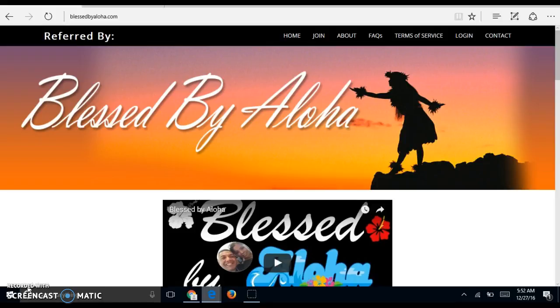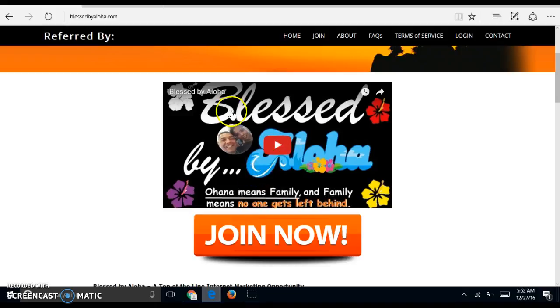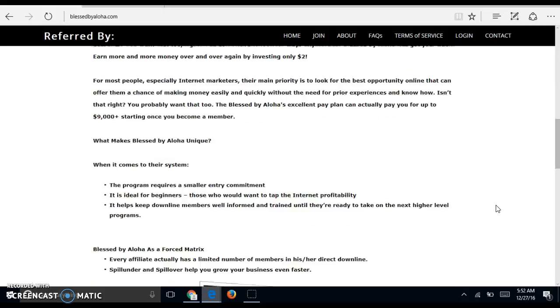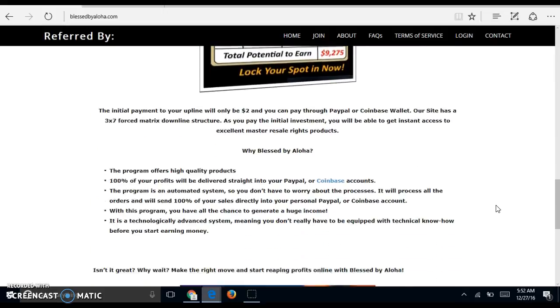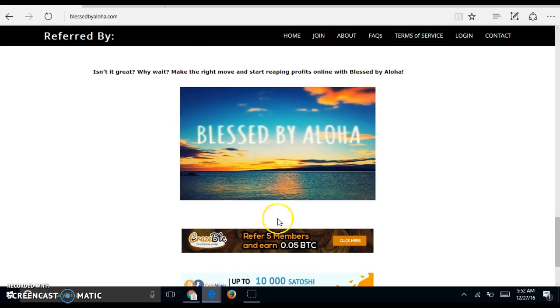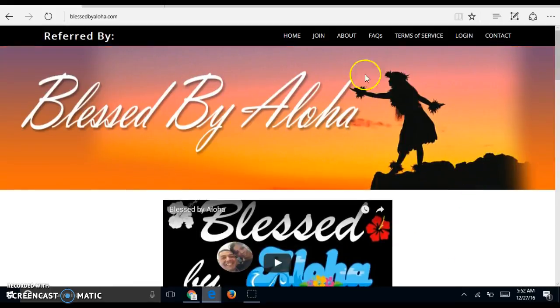The system that we're going to talk about today is called Blessed by Aloha. Here you'll see there is a video that explains it. There's a huge join now button. At the bottom, it gives you some background information about the system. It shows you the comp plan, tells you the processors, and gives you different banner ads that you can see when you join. So what we're going to do today is show you how to register an